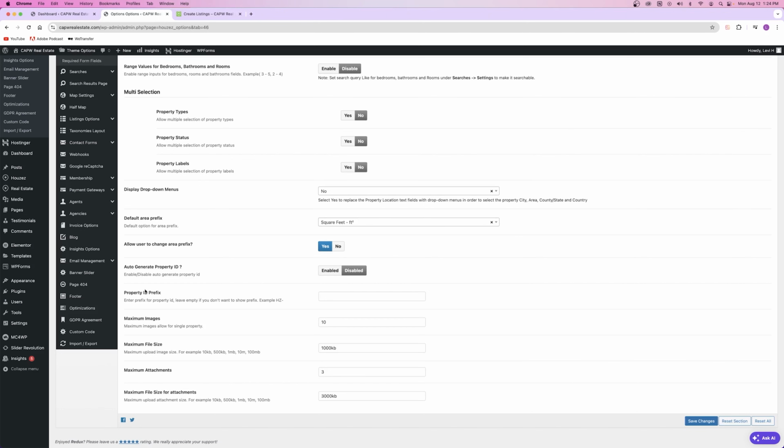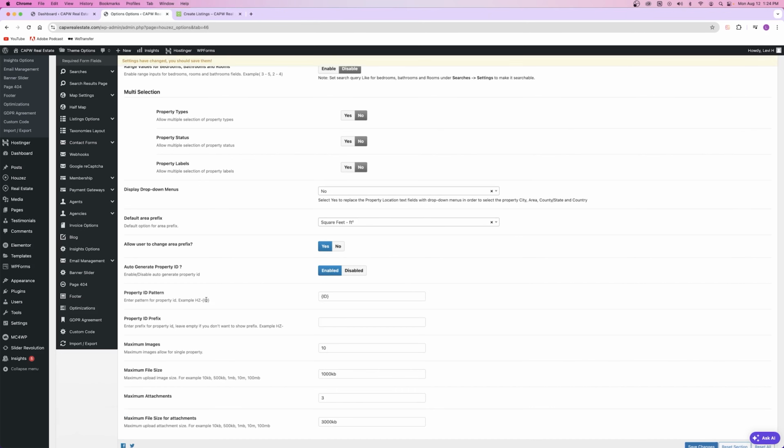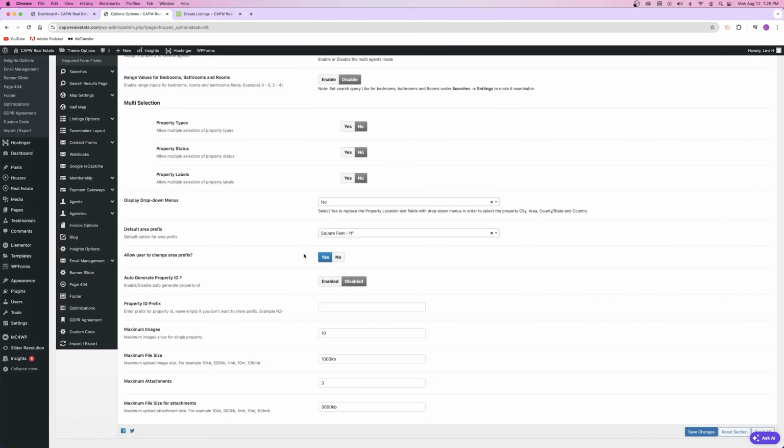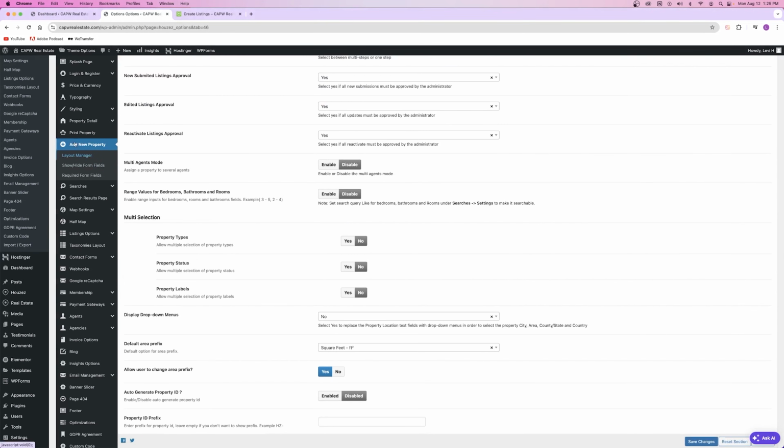Oh, and right here you have the auto generate property ID. So you can enable it, and then as you can see, you can have an auto generate ID right here that you would change. So you have the option if you'd want it to automatically generate, or if every time you create a property, you generate it yourself. That's up to you guys. So anyways, save those changes,